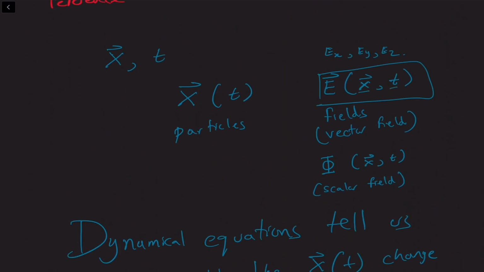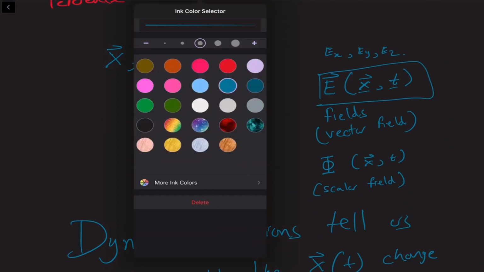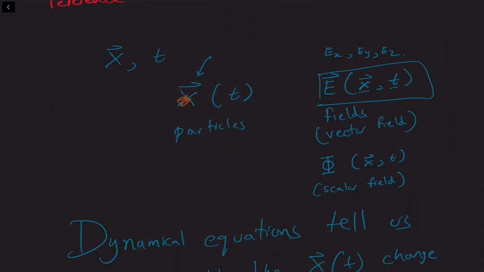particular instant of time. This position here describes specifically the position vector of a particular particle. So this vector x is not the same as this vector x. This is a general position of a particle. So we could have just as well denoted it with some other symbol. For example, we could have used the symbol